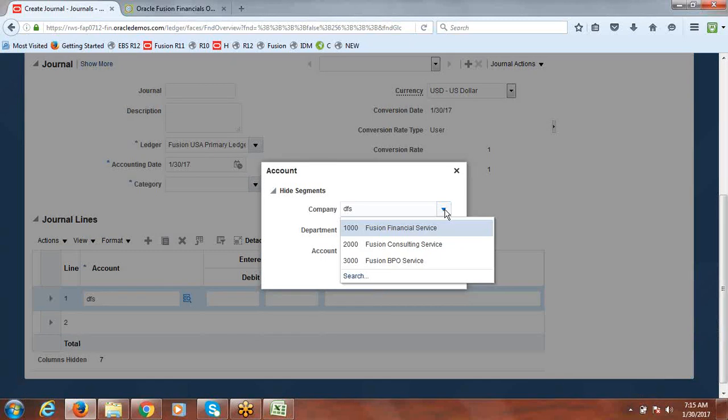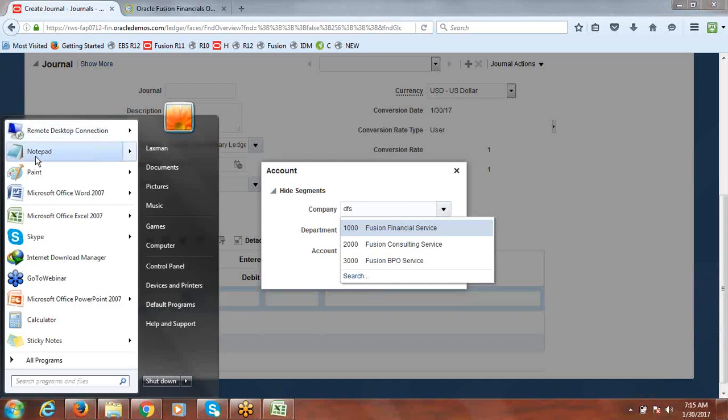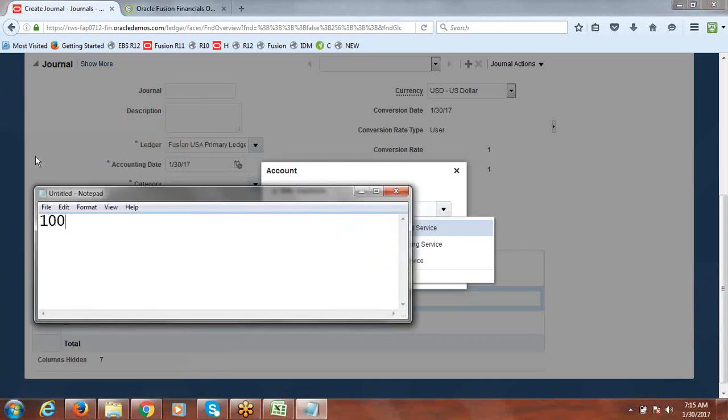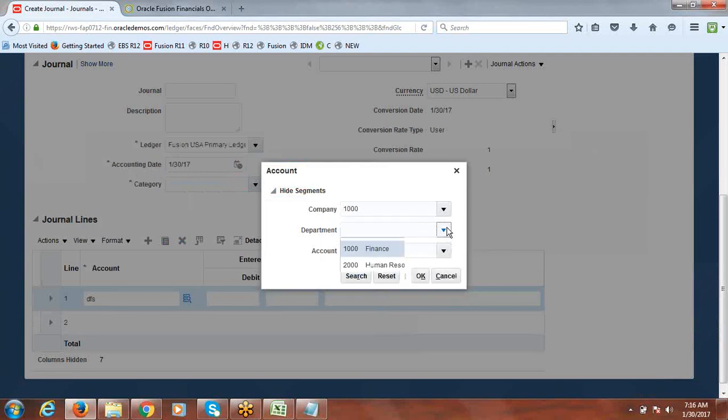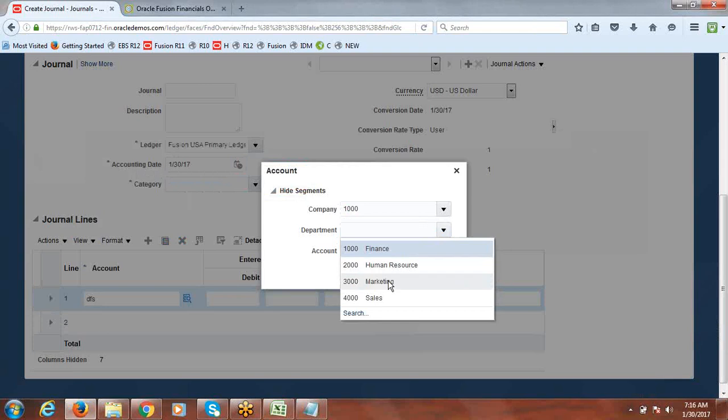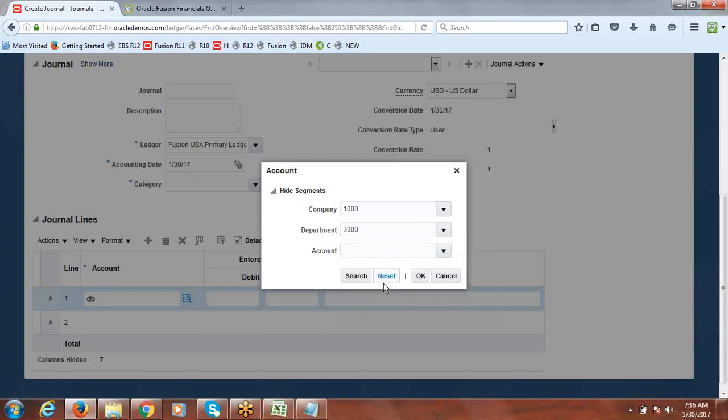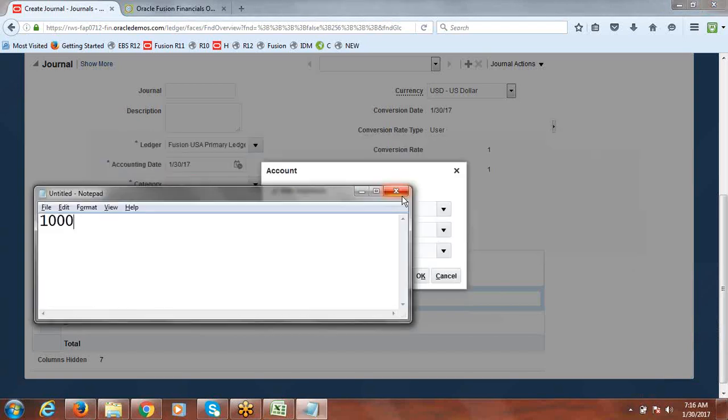So company 1000. I want to set a rule saying that if company is 1000, department should not be marketing department. Okay, so this is a rule I want to set. The account can be any account. The condition which I am going to build is,